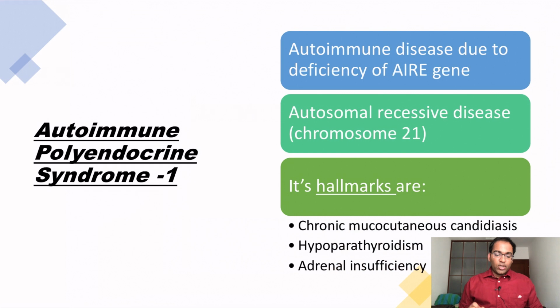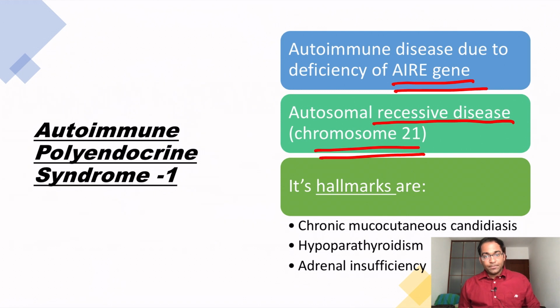Here is the autoimmune polyendocrine syndrome type 1. I hope you now know the spelling of it. It is an autoimmune disease due to deficiency of the AIRE gene. Now this is an autosomal recessive disease and it is present on chromosome number 21. Now what are the classic hallmarks? You have to remember this for any exam that you have regarding immunology. The classic hallmarks for autoimmune polyendocrine syndrome type 1